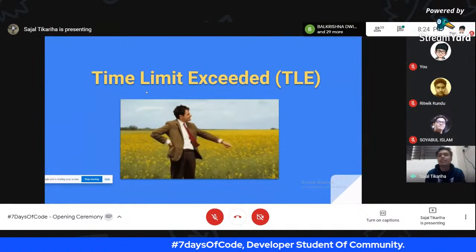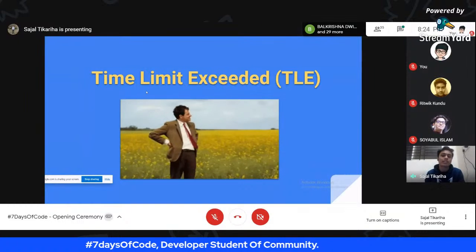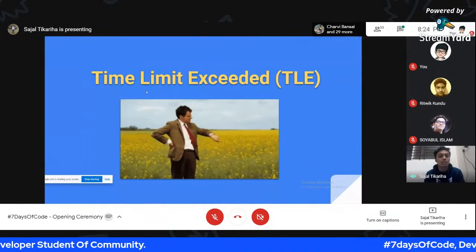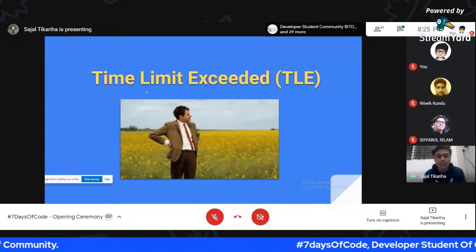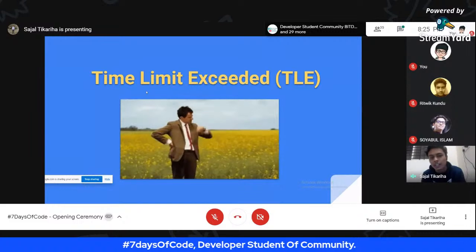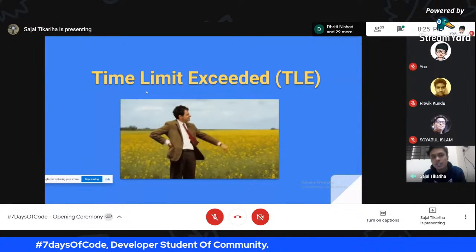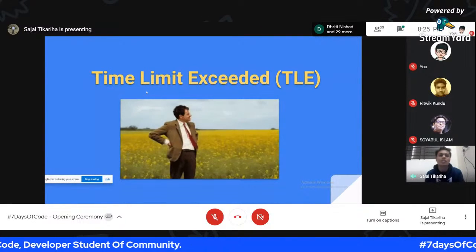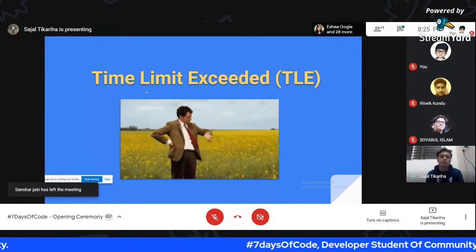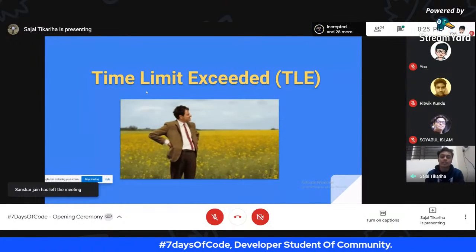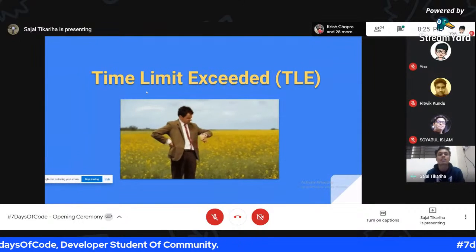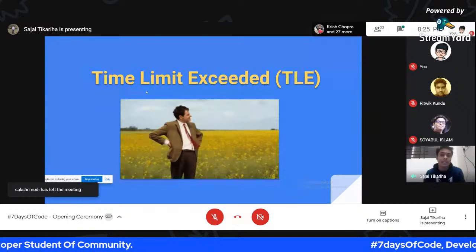In case you are using linked lists and you are working with pointers, there are many times we face time limits due to infinite loops. Like the pointers are not getting terminated, or the loop is not terminating due to continuous allocation of random memory into the pointers. So those are also the cases for time limit exceeded. So yeah, these are the four basic types of errors that you will be facing